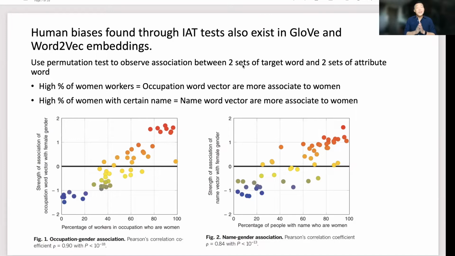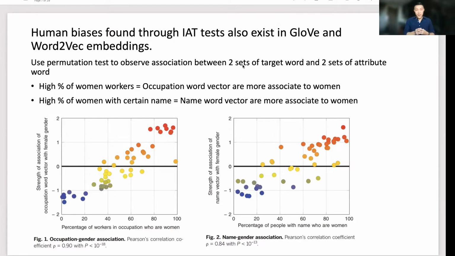So in this study, they take the word embeddings that are male related, like male, men, boys, man, for example. They have a set of words that signify a male, okay? And they have another set such as female, woman, women, girl, girls. Those are all the female words, rightfully so, right? And then you compute the similarity of the male words with each, say, occupations or names, okay?